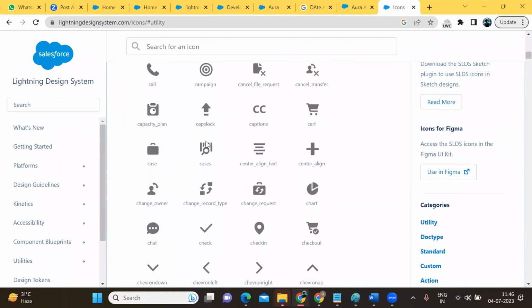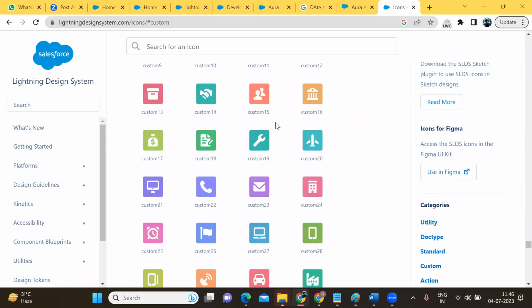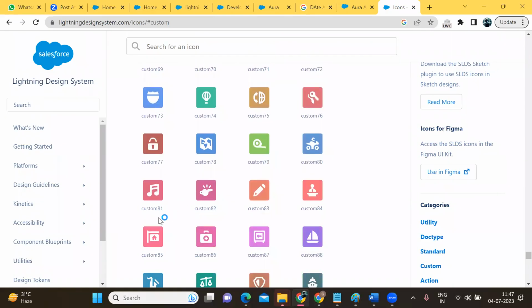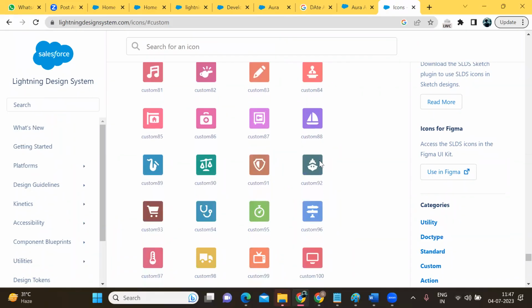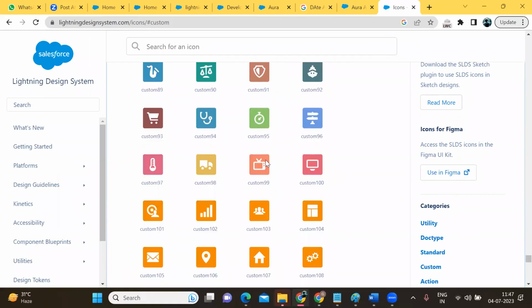When you scroll down, you will get custom icons: custom 1, custom 2, and so on. I have entered custom 80. You can see custom 81 for music, custom 80 for motorcycle. Whichever custom number you write, you will get the icon. If you want to display radio,